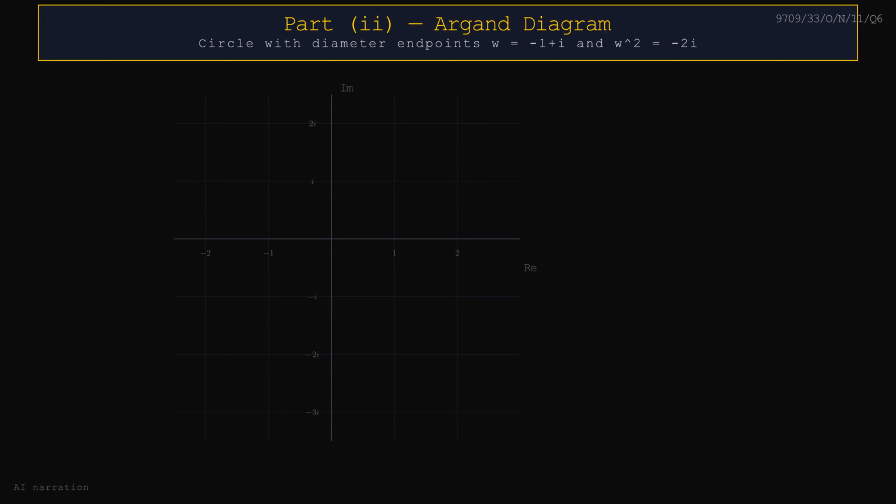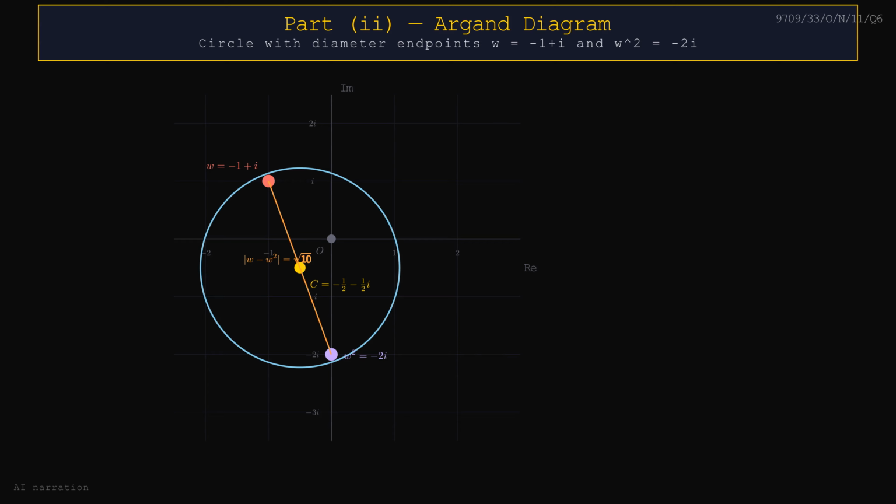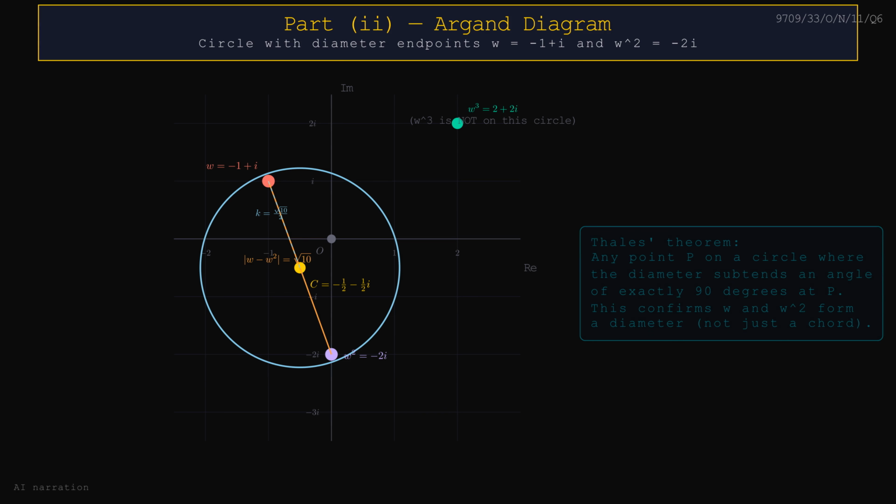Argand diagram for part 2, the circle with diameter W and W squared. Draw the plane. Draw the circle with center C and radius k. Mark the center and the origin. Diameter endpoints W and W squared. The diameter has length √10. Radius k is √10/2. W cubed is shown for context, it does not lie on this circle. Thales' theorem: an angle in a semicircle is a right angle, confirming W and W squared are true diameter endpoints. Center